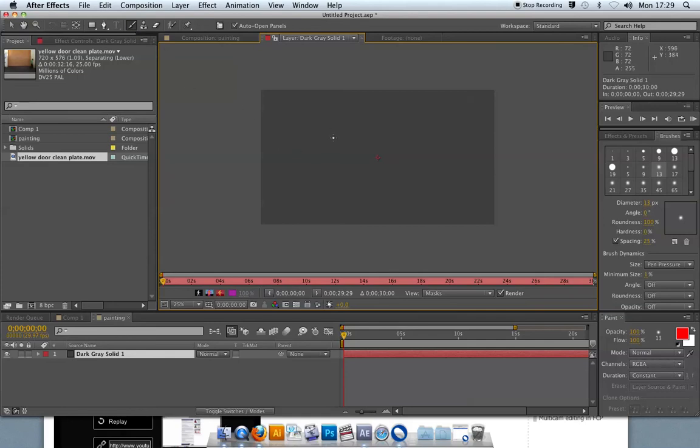Now before I do, I can go into my brushes, I can change the diameter, I can change the hardness to affect the actual size and shape of the brush. So now I can do a bit of drawing if I want to. Okay, so that's pretty simple. I'm just drawing on my grey solid. Now when I've painted,